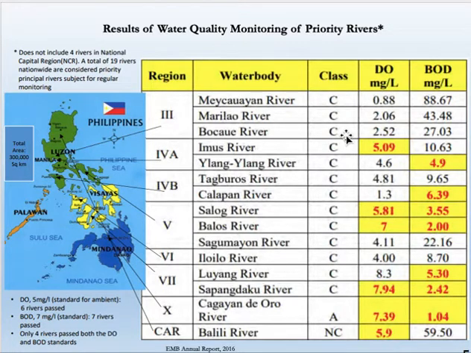Pwedeng pathogens, pwedeng other toxic compounds na pwedeng ma-accumulate sa body ng organisms, especially humans. So, pwedeng mag-result yun ng large impacts. Okay, so most probably we need to conserve water. At the same time, we need to protect our bodies of water, since we are dependent on it. So that is for this